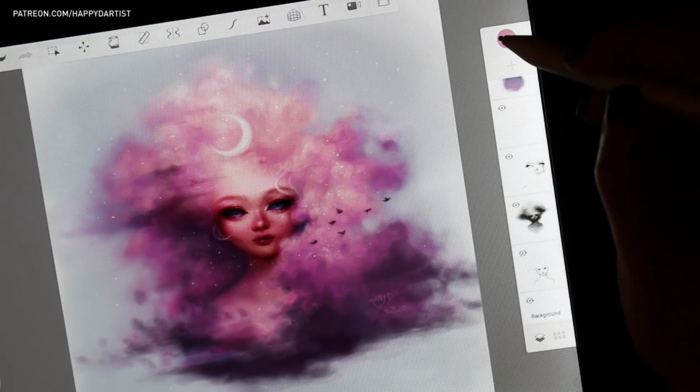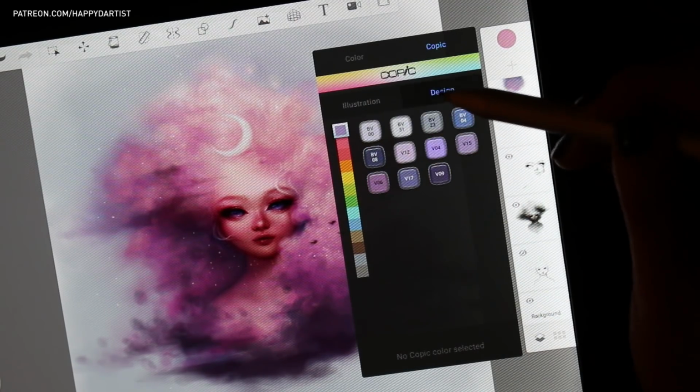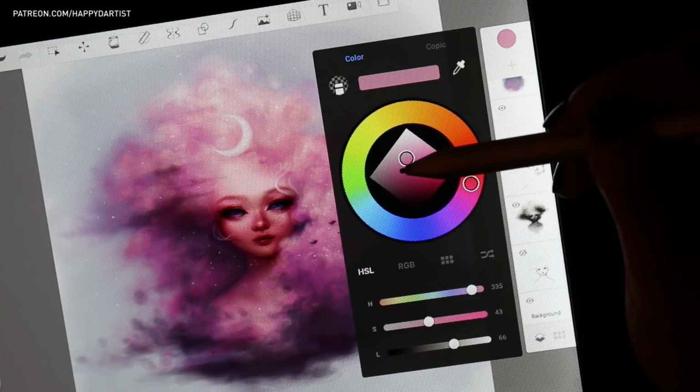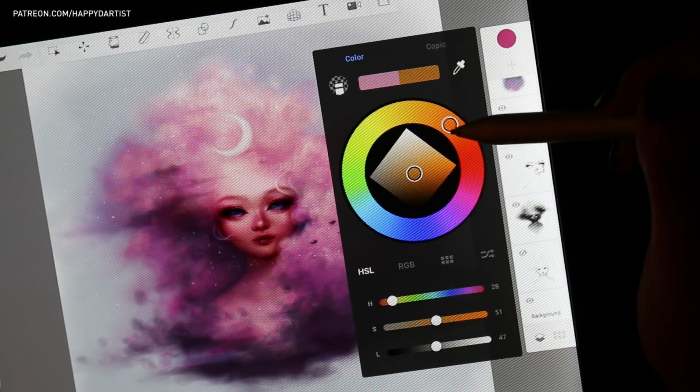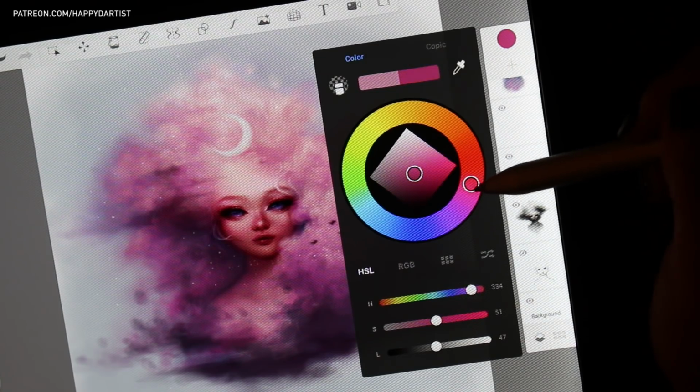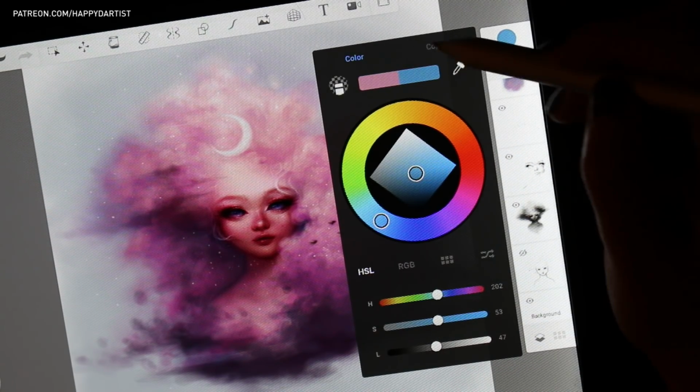Here is the color picker. You can use a customizable color wheel and choose your own colors. You can adjust the hue, the saturation, and the values, the light and dark, which is pretty cool if you want more custom colors. But on the right here is the Copic color selector, which comes with these preset colors